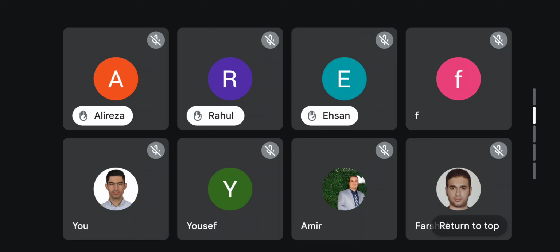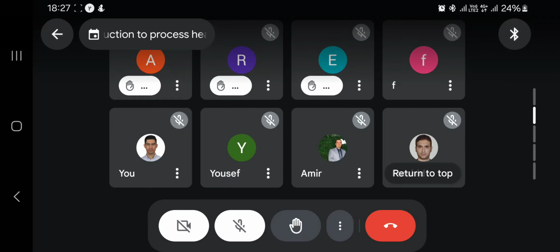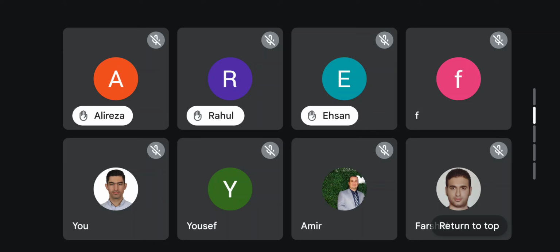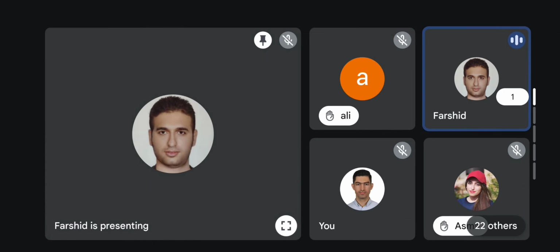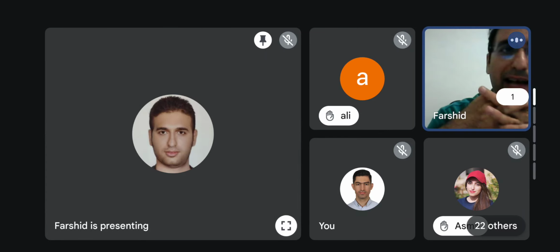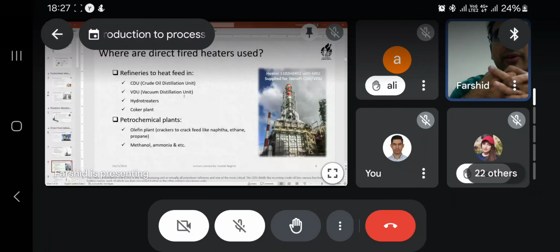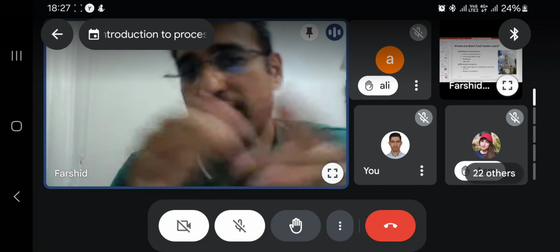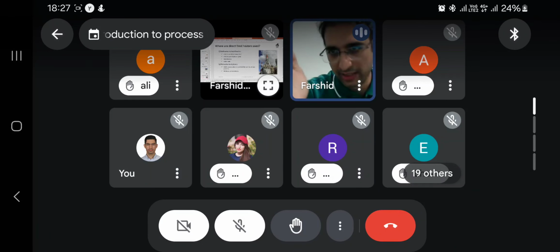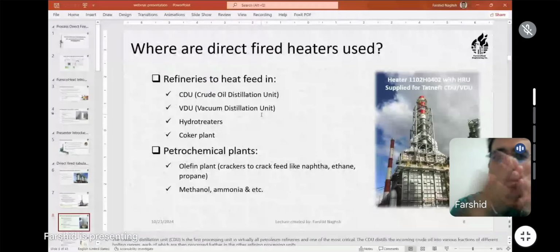So where is a direct fired heater used? I want to point out that the heaters that have a chemical reaction inside them, and also the heaters which do not have a chemical reaction, are all called direct fired heaters. Most of the usage of direct fired heaters are in refineries like CDU, VDU, hydrotreaters, and